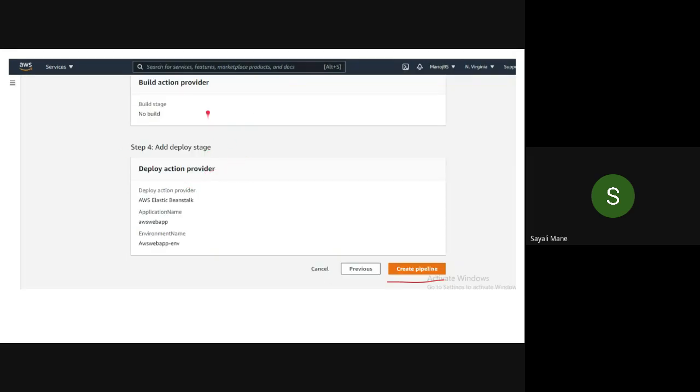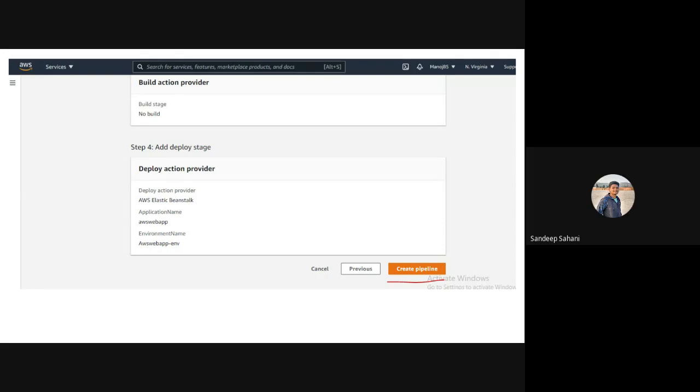Then later you will get a review of it. They will show that this is step 1, your name, step 2, GitHub version 2 is selected, step 3, no build stage, step 4, add deploy stage. So are you getting the review of your pipeline?